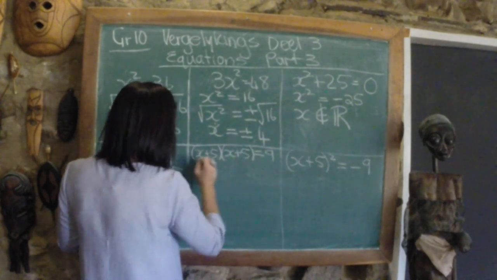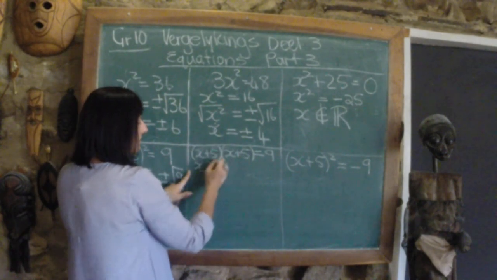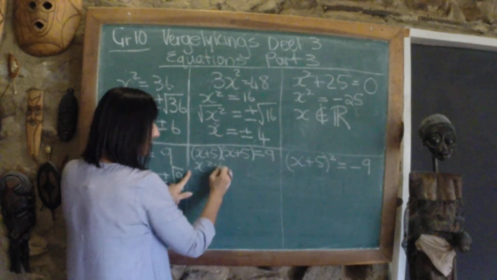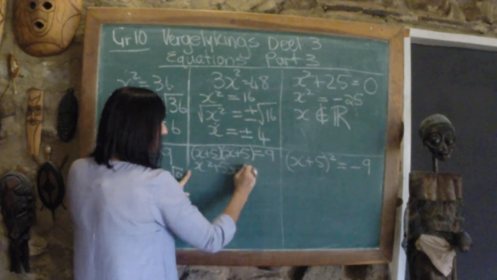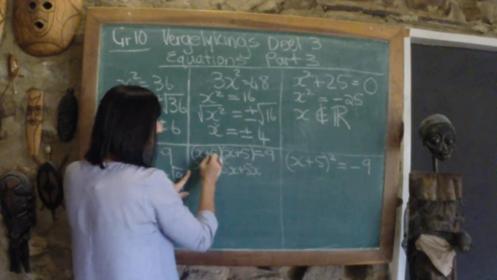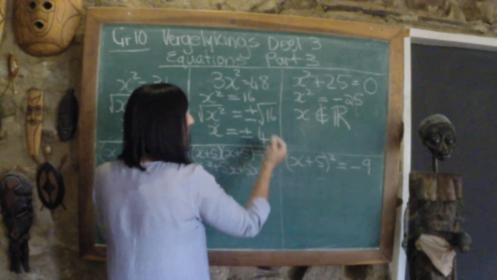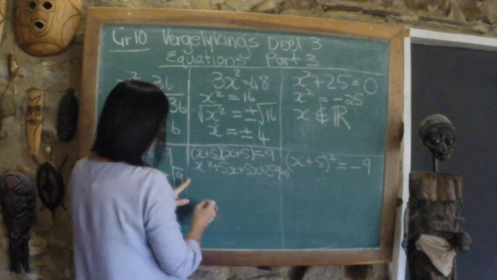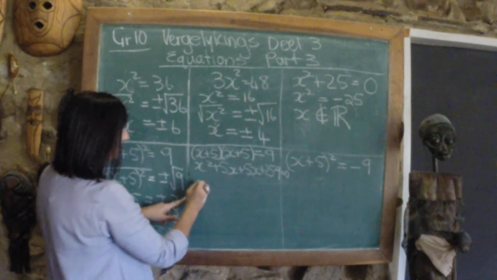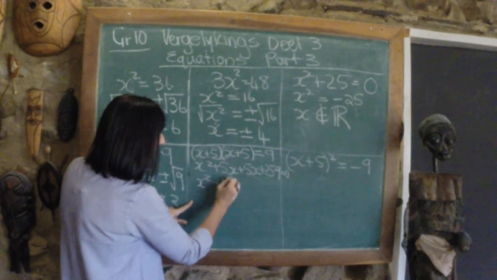Ek kan dit uitvermenigvuldig, dan word dit x maal x is x kwadraat, x maal plus 5 plus 5x. 5 times x gives me 5x, soos ek hierdie al gedoen. 5 maal 5 is 25, en dan kan ek die 9 oorbring, dan word dit 'n minus 9 is gelyk aan 0. So if you simplify that, you get x squared plus 10x